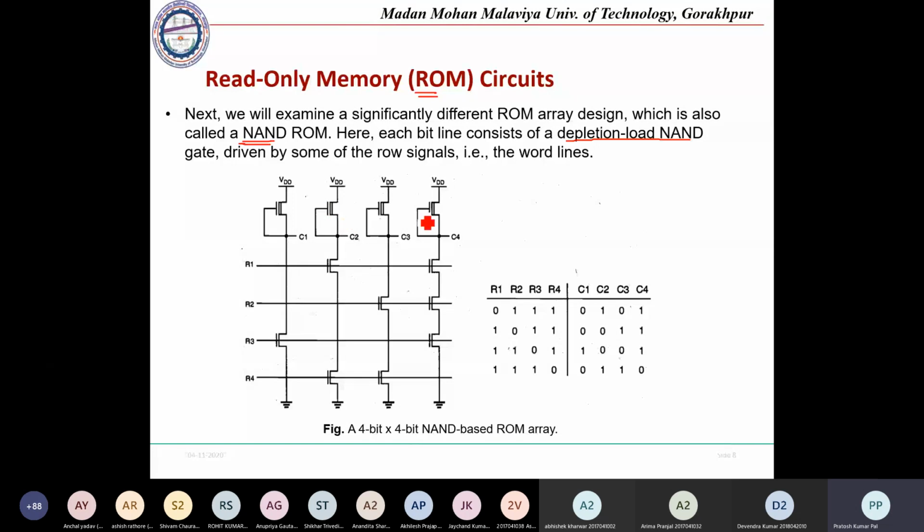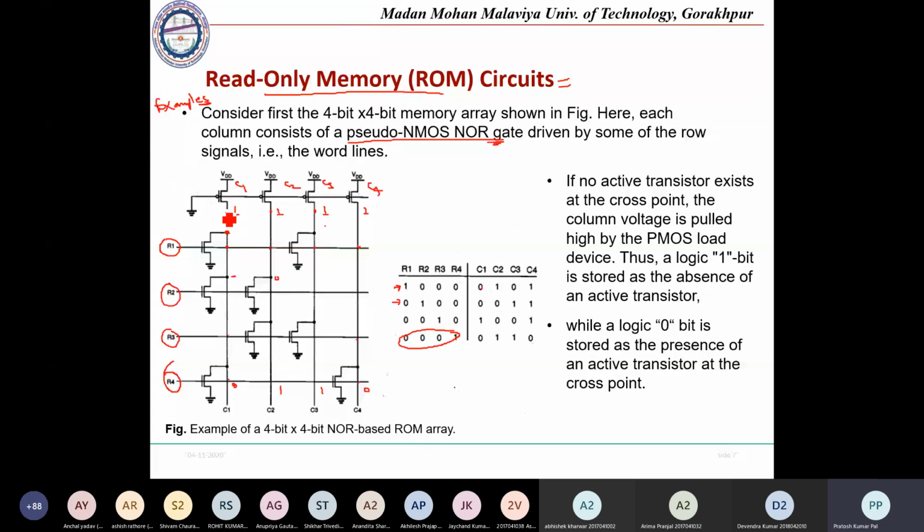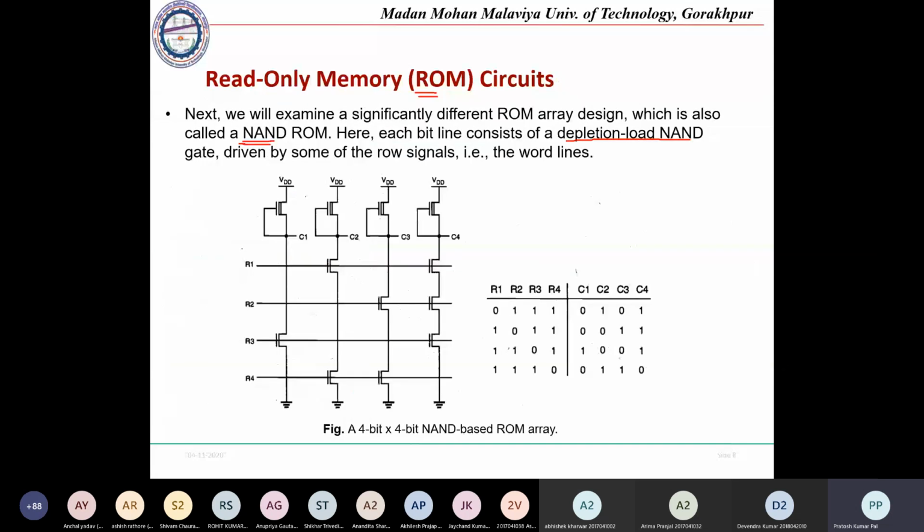parallel connection, here the series connection of the transistors takes place. So this NMOS transistor is in series with this one, so it is a NAND structure. In the previous one it was a parallel connection, so this transistor is in parallel with this one at the same time. Okay, so these are the NOR structures. The similar logic we can connect by using the NAND also.